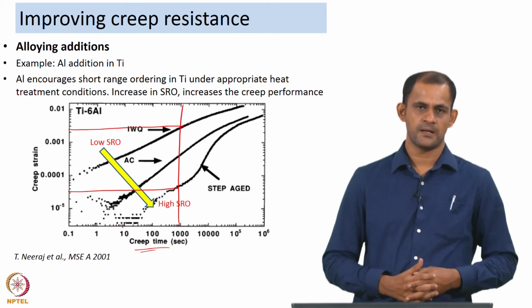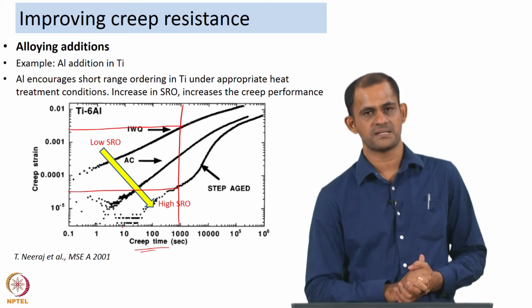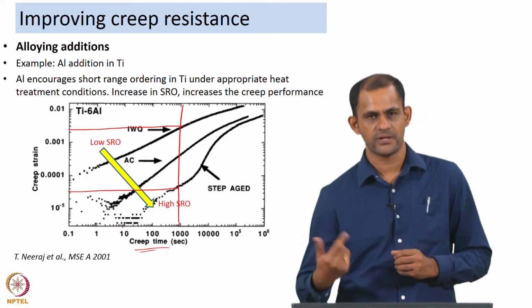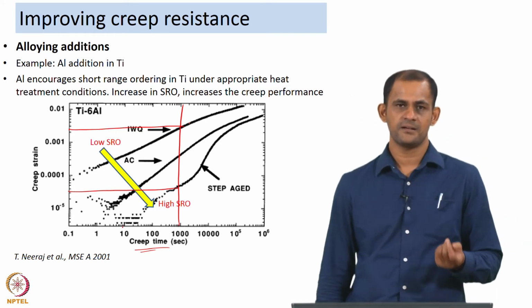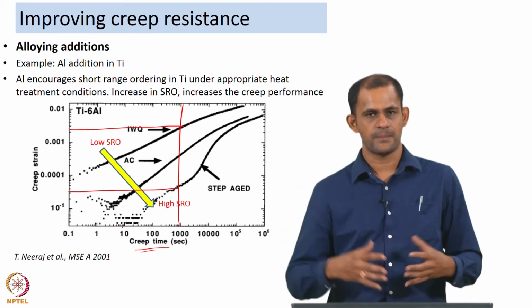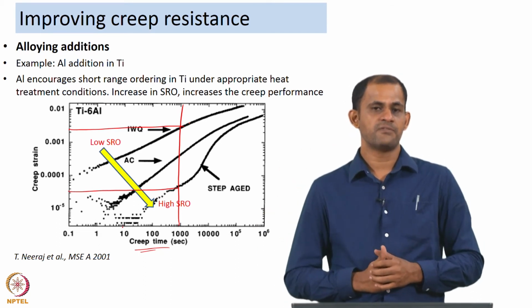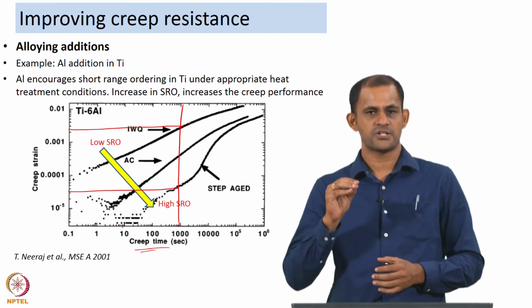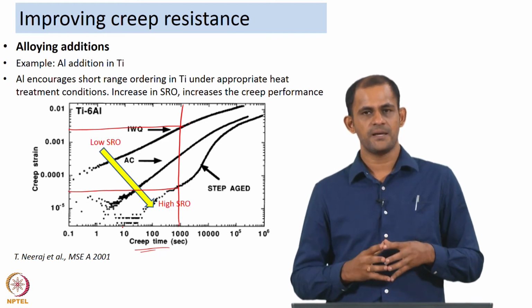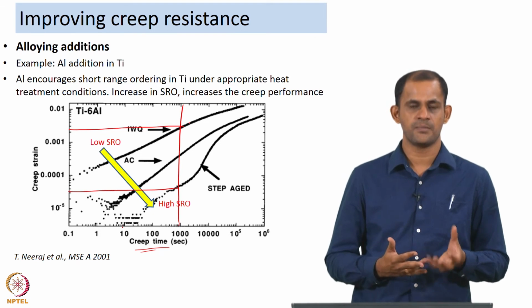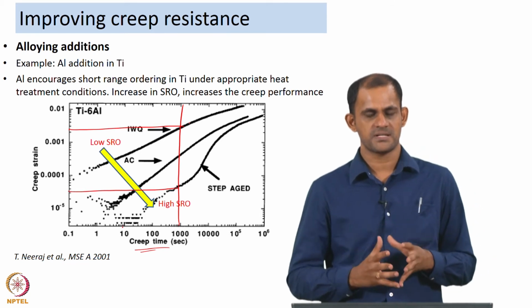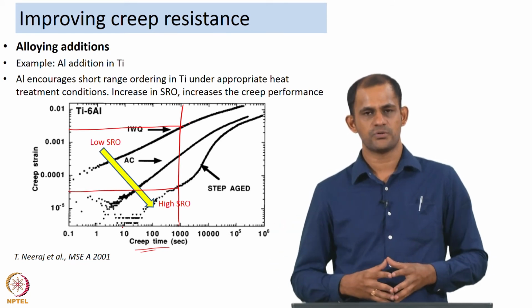Just to point out one more example, alloying additions can also influence the diffusivity of materials. We spoke about iron and nickel trace impurities increasing the diffusivity of titanium, leading to poor creep performance. A converse of this is, if you add alloying elements which reduce the diffusivity of your matrix element. Typically diffusivity happens by the motion of vacancies or the motion of atoms from one location to another. So, you need atoms to move around for diffusion to happen.